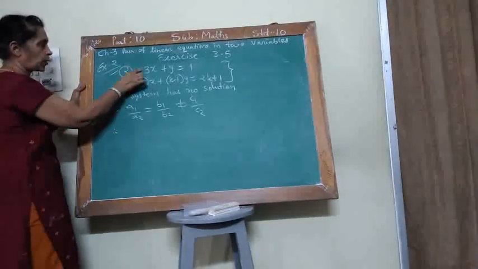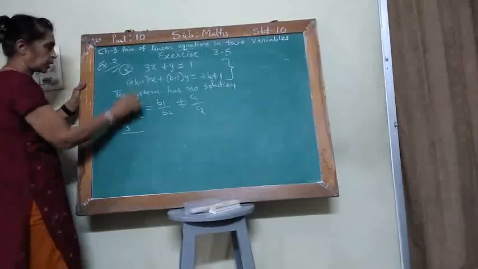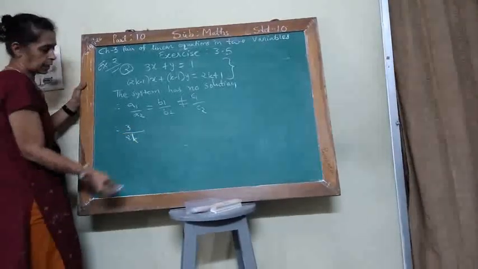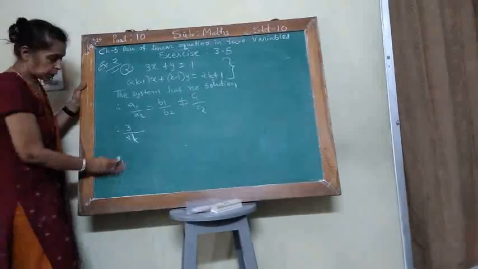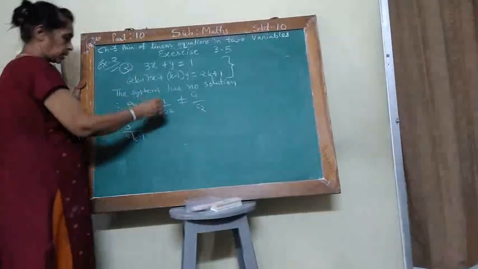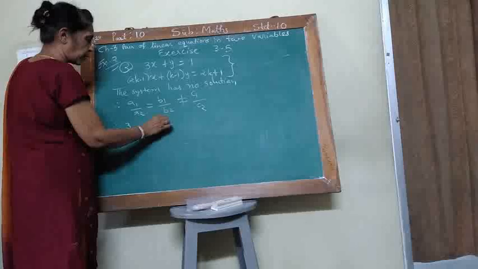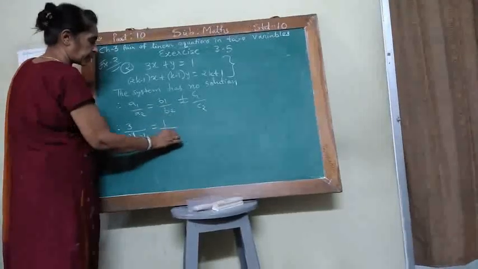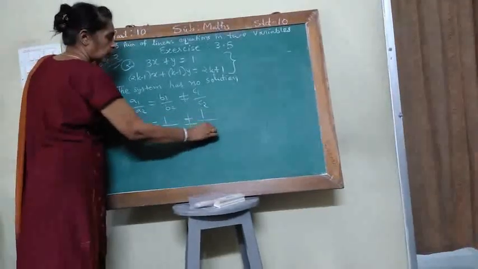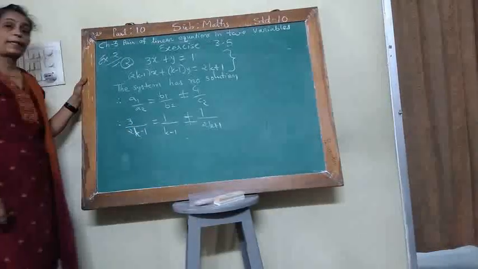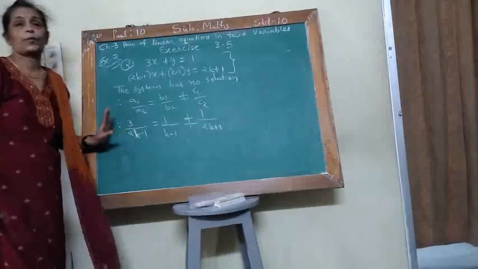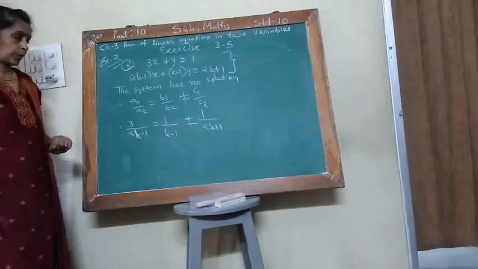So substitute the value of A1 is 3, A2 is 2K minus 1. K you have to write like this. Some students write capital K. So K is small, so 2K minus 1. Okay. Then B1 upon B2, B1 is 1, B2 is K minus 1. And A1 upon A2 equal to B1 upon B2 not equal to C1 upon C2. So you find the value of K such that if you put here, then both ratios become equal and this ratio becomes not equal. That you have to find.